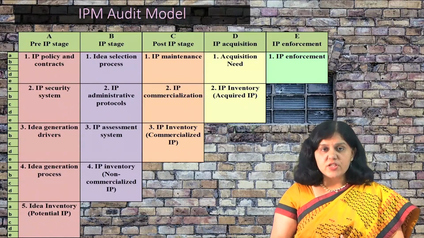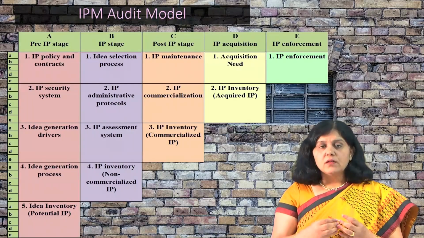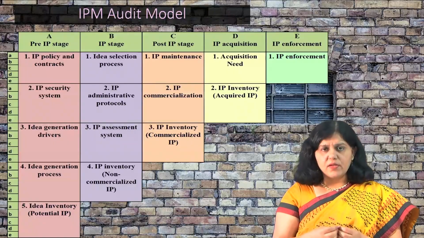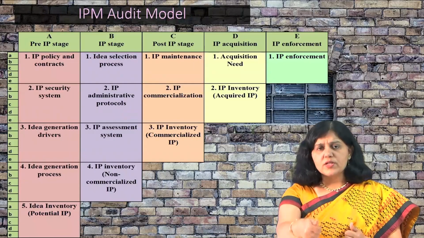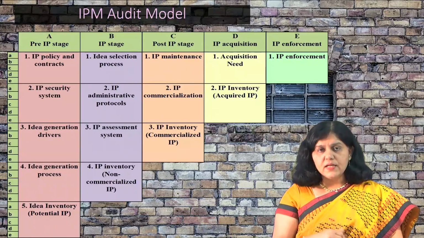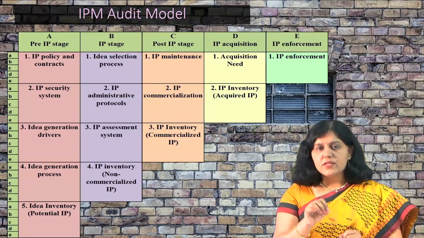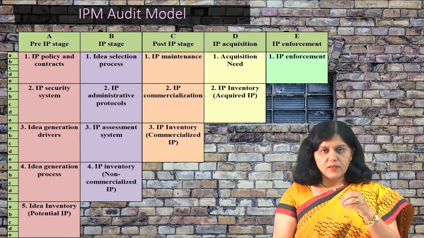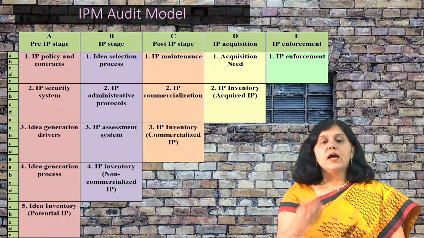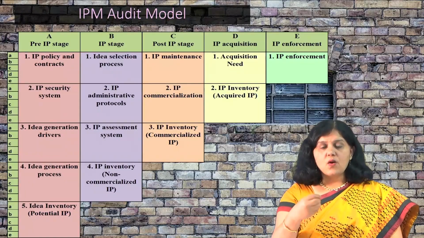Many times acquisition is done to avoid competition. That is one thing, just one example I have given, that many times, to avoid competition, big organizations acquire small companies, right. There are many other reasons for acquisition. We will not go into detail, but you just understand that there is this step, that is a process, that is IP acquisition, and after acquisition whatever portfolio comes, that will be the acquired IP.